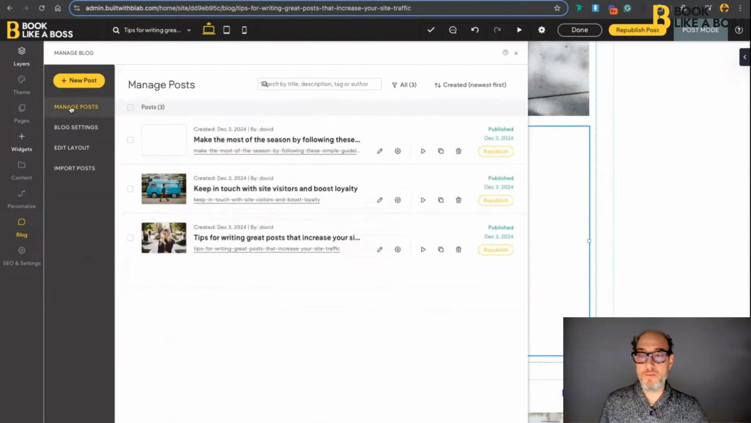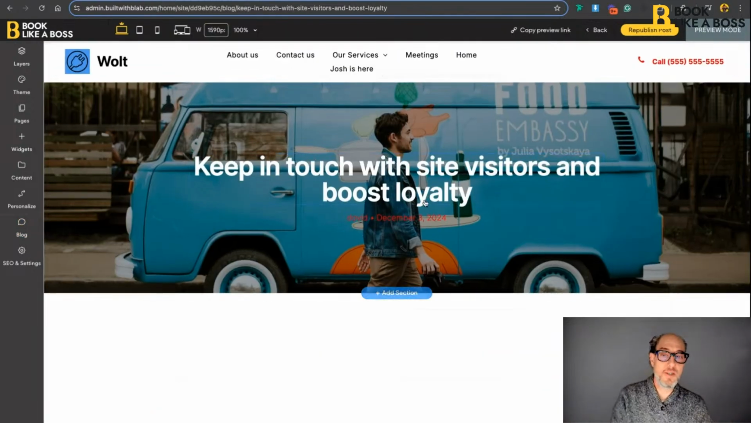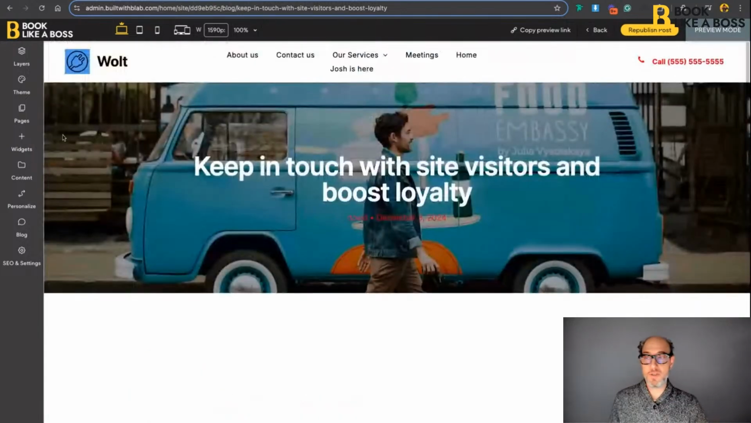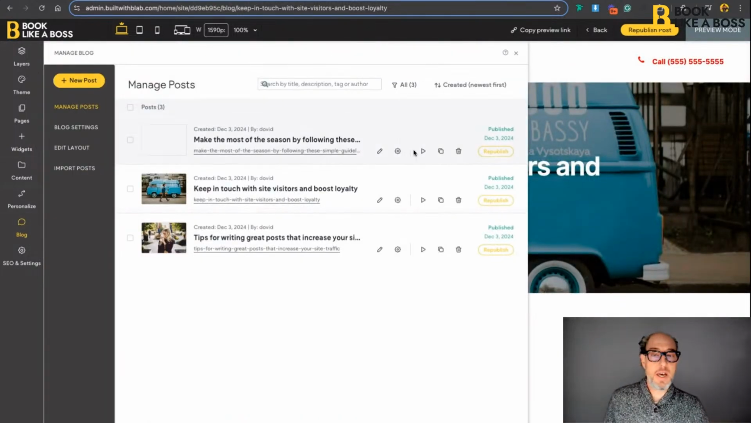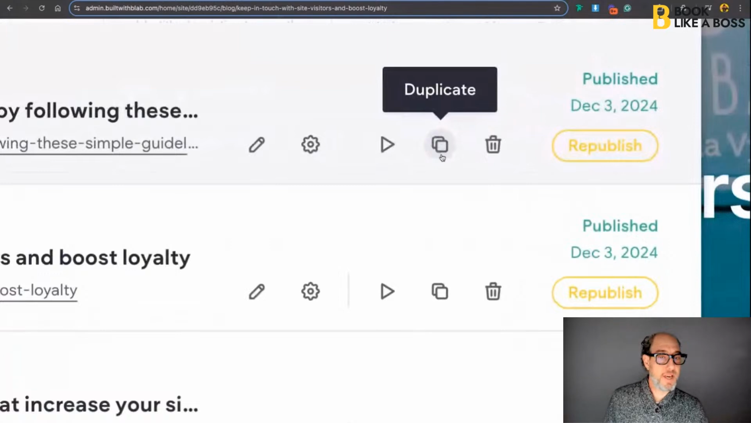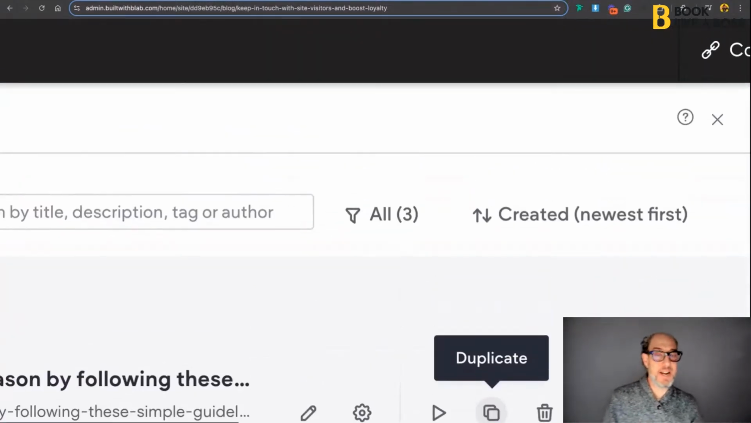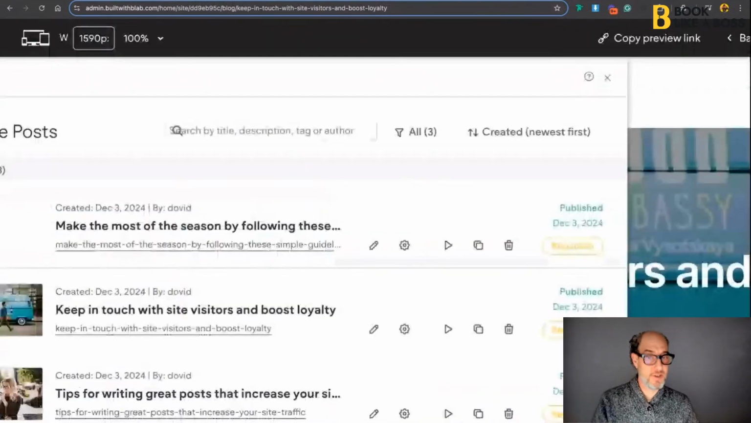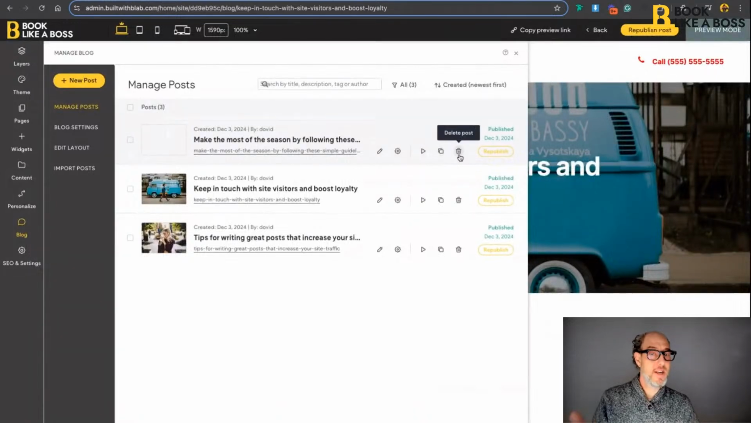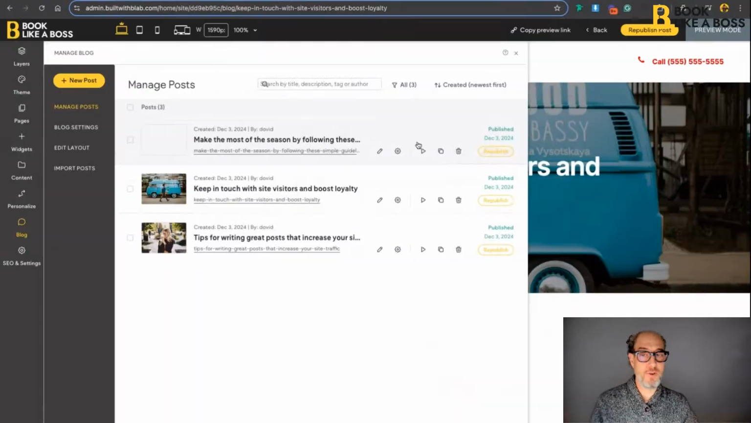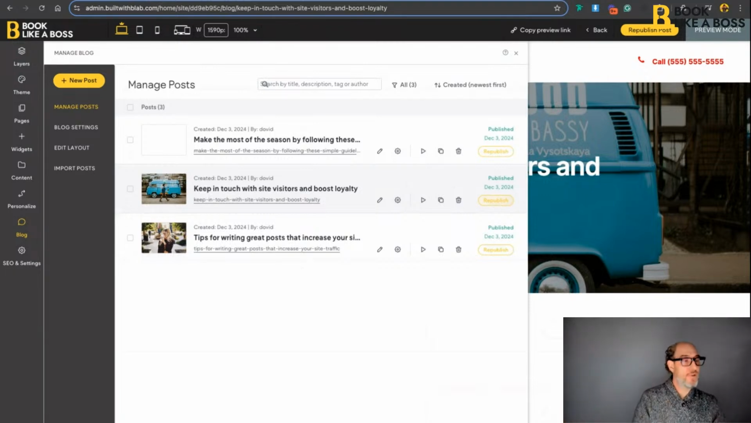Going back into manage posts, the little play button will take you to a preview. So there's a preview of the post. Duplicate. If you've spent the time laying out a real nice post and you want to do one very similar, hit duplicate. Of course, you can delete. And finally, you can republish. So if you make a change to one of these, you do need to republish the post for those changes